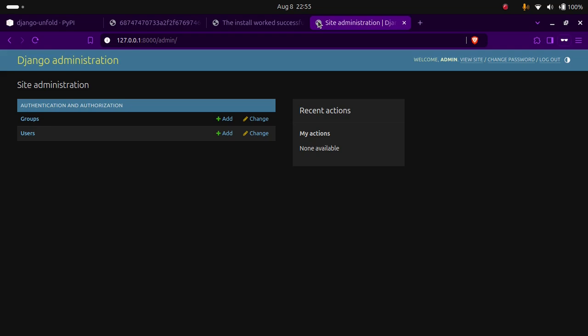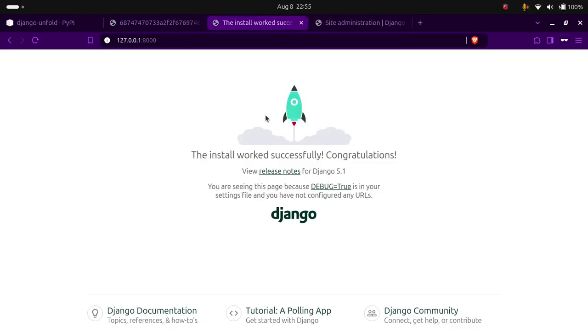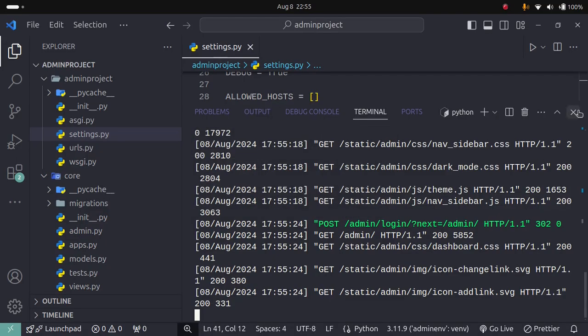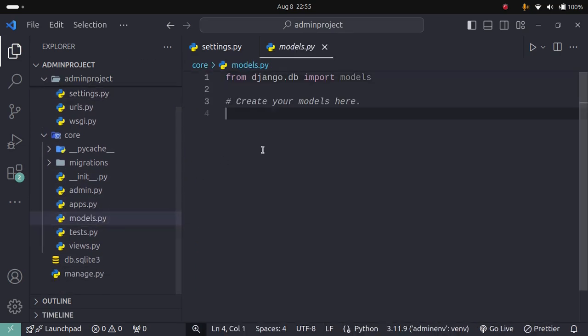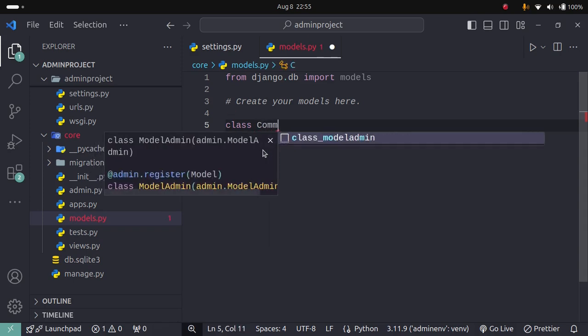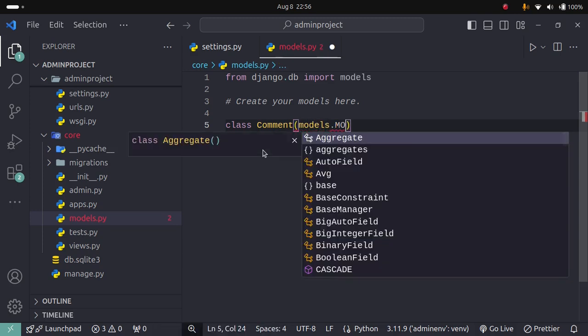And we all know this is our default admin panel, and now we are going to convert our default admin panel into this one. So first of all, we will write our custom model here. For the model I'm going to my models.py, and I will write my first model, for which I will write class, and you can create a model for anything. For example Comment. So our model name is Comment, and I am going to pass models.Model here,